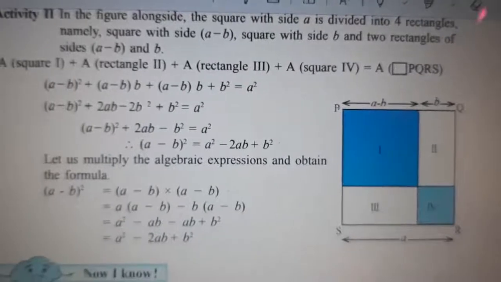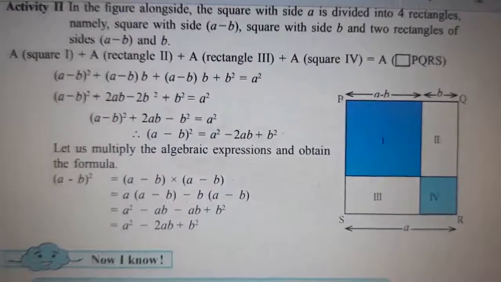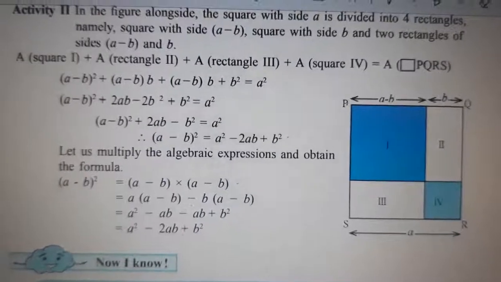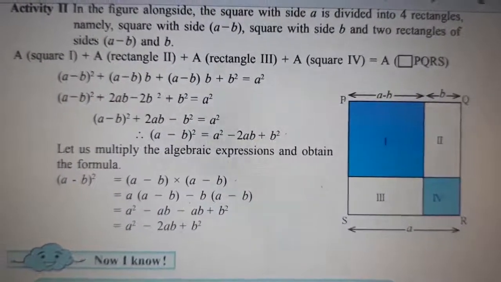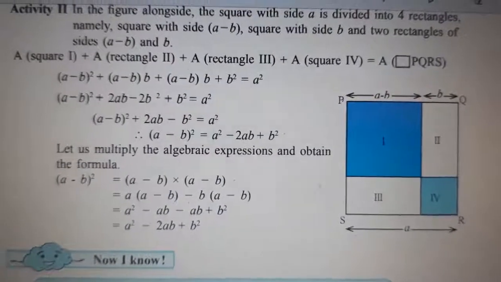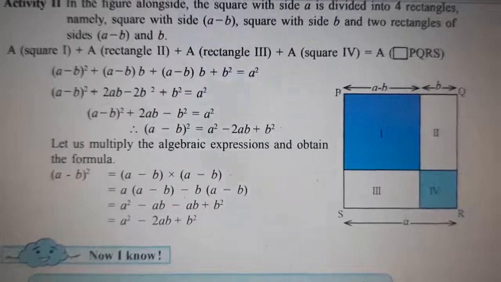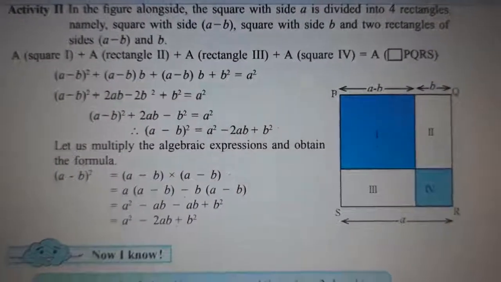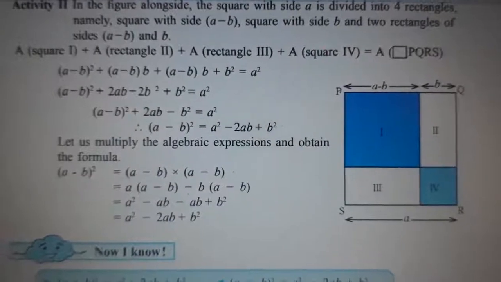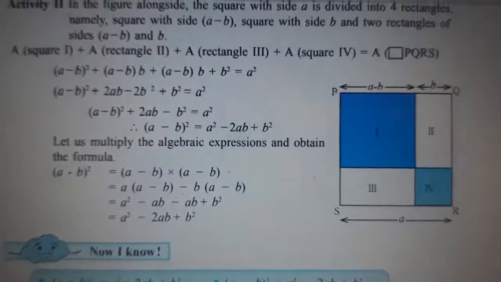This rectangle, have a look at it. That same thing, your first part, second part, third and fourth. So you can use a minus b the whole square plus a minus b into b. Just have a read through this, and if you still don't understand, then I will explain it to you, children. Since we have to complete our portion, I am skipping this part completely. I have explained the same thing in the start.